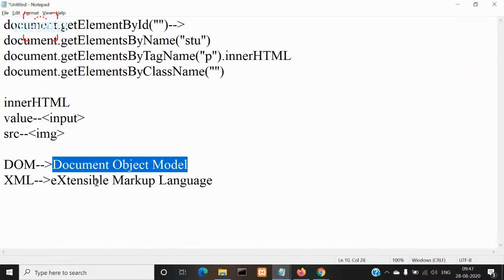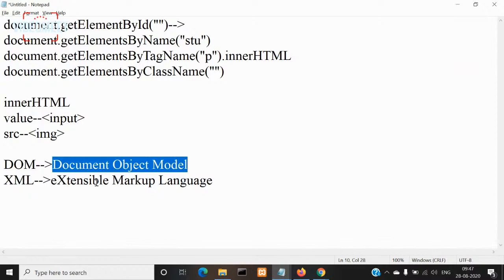If you are extracting the content, then document.getElementById will be on the right side of the assignment operator. If you are inserting new content into the HTML document, then document.getElementById and all these functions will be on the left side of the assignment operator. So let me show that in your program here. Now look at this statement. What is the statement going to do? Where document.getElementsByClassName is written, it is on the right-hand side of the assignment operator. So whenever any of those four functions we mentioned earlier occur on the right side of your assignment operator,